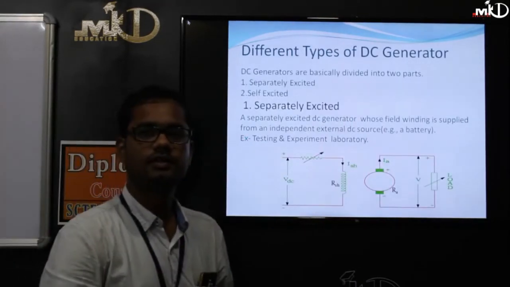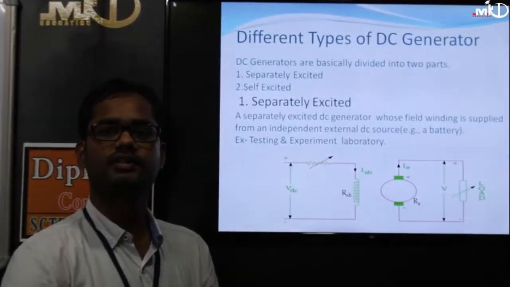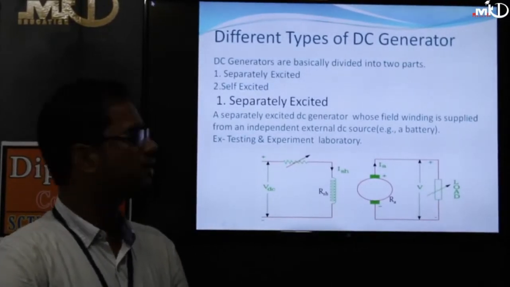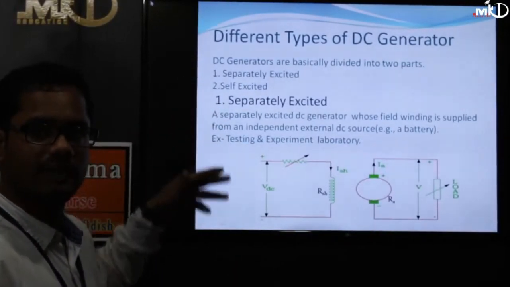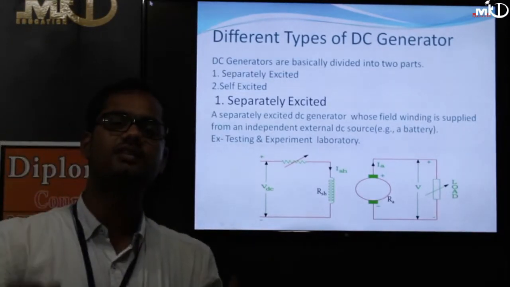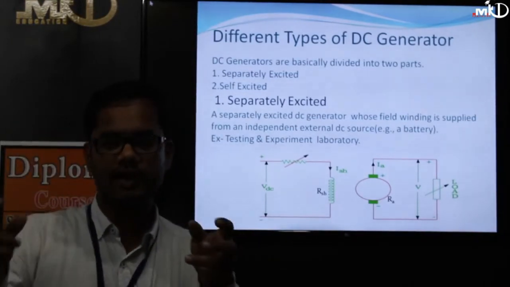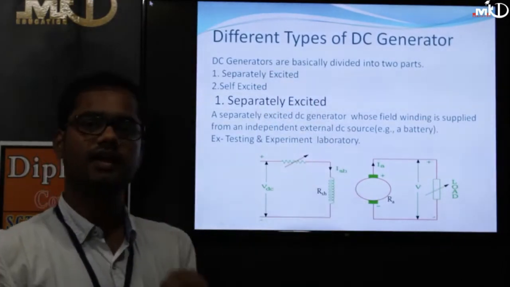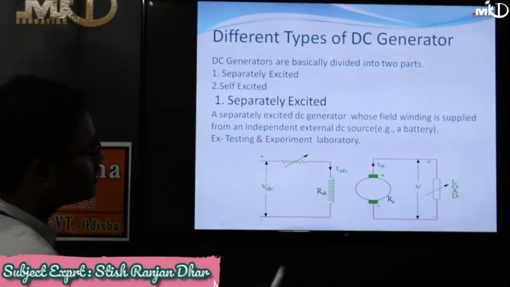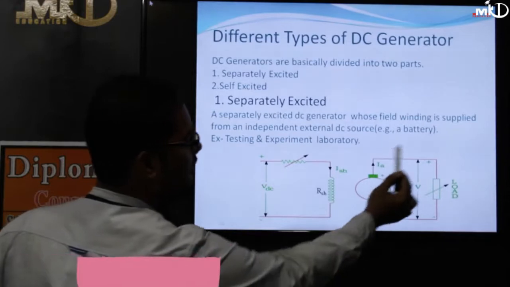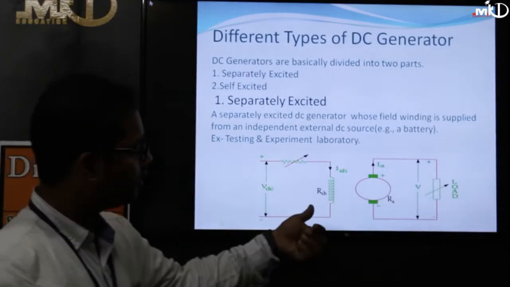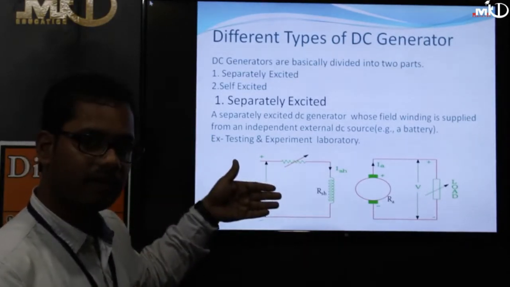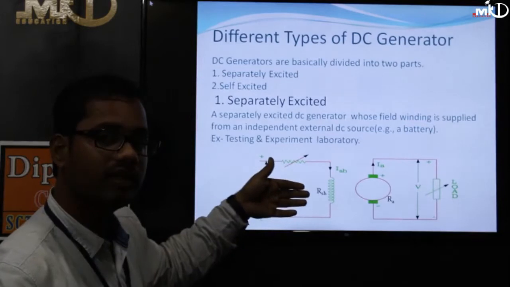So let's start. The DC generator is divided into two types, depending upon the excitation system. Now you can ask what is the excitation system? What is the supply given to your field winding? In the system two windings are there. You can see here, this is one type of winding and this is the other part. This is called your field and this is called your armature. The supply is required only for the field.